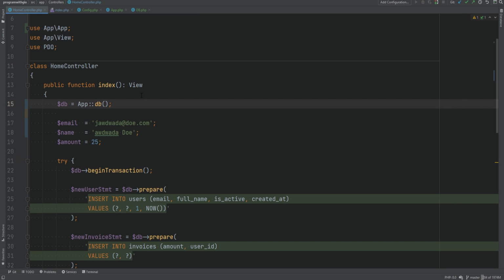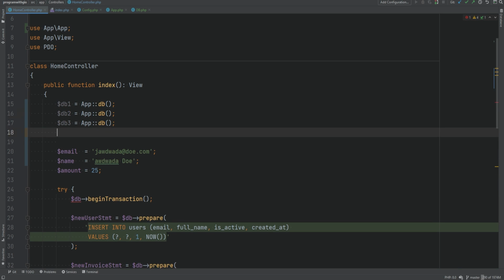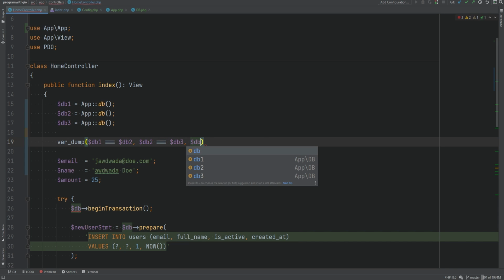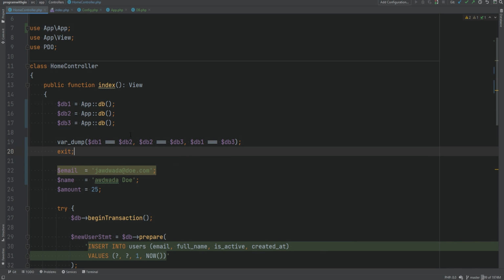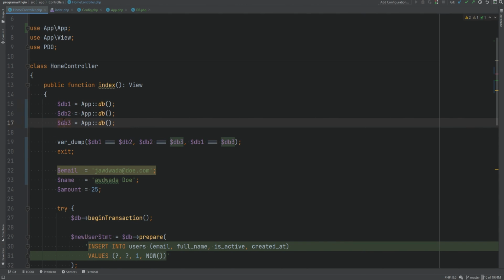Now one more thing I want to test before moving on is to make sure that we get the single instance. So we're going to access the db multiple times here, and let's simply var dump db1 triple equals db2, and then db2 triple equals db3, and db1 triple equals db3. Now if any of this returns false, that means that we have more than one database connection. So let's refresh the page here, and sure enough we're getting true for all three cases, which means that these three variables db1, db2, and db3 point to the same object, and therefore we have a single db instance and